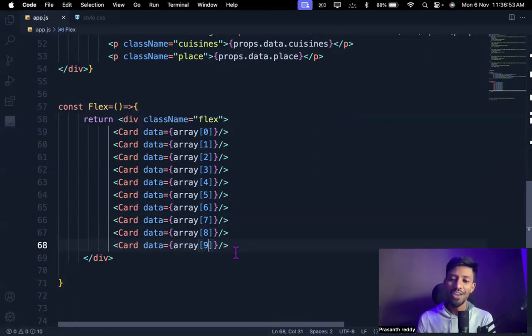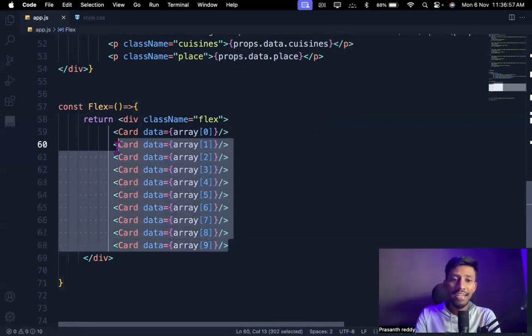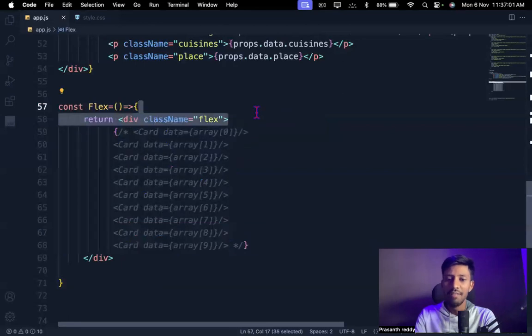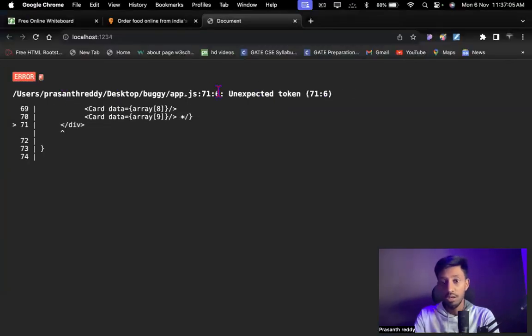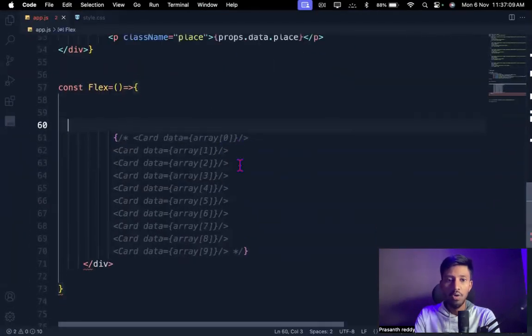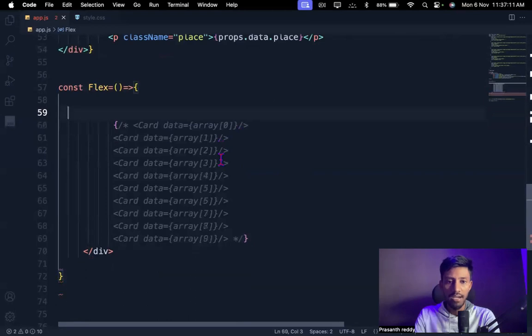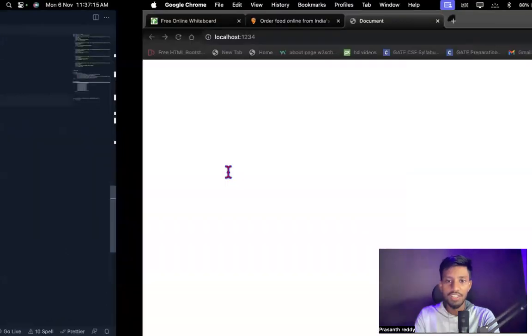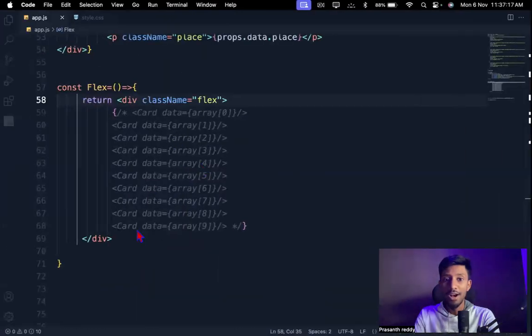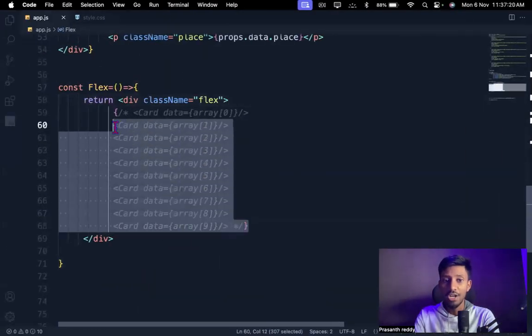I think you all are on the path. Okay, let's go and see. Instead of writing like this, let me comment out this code for some time. Now I will tell you one cool thing, guys. Let me go and see this output. Unexpected token. Why? Because we just commented this code as well. If you go and see this, it's a blank page. Why? Because I'm not rendering any cards over here.